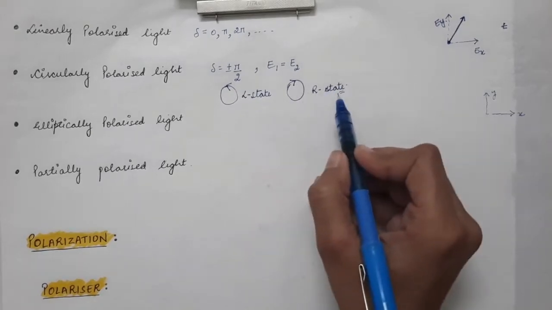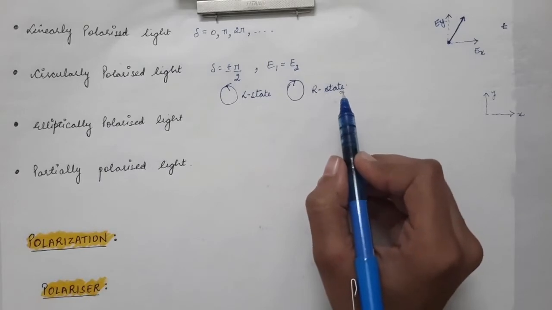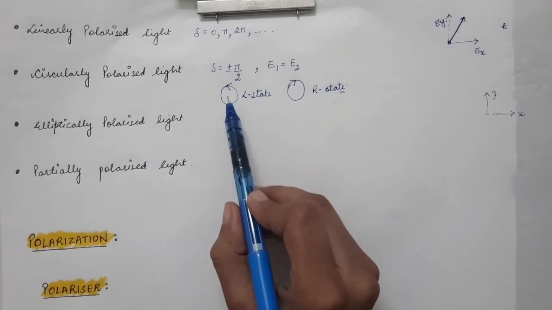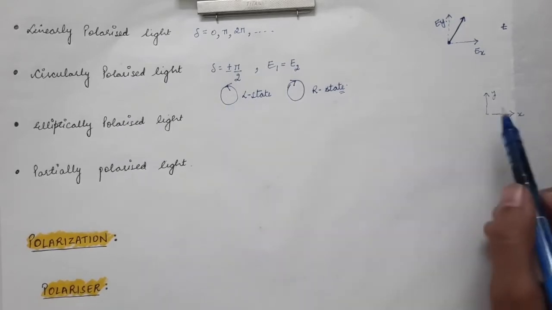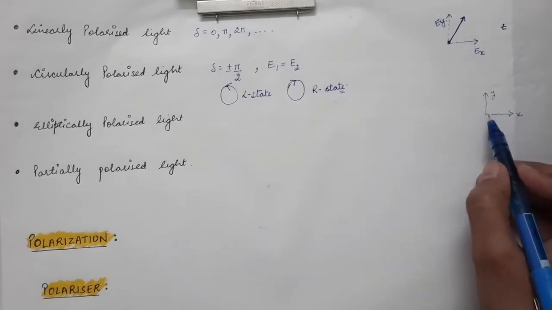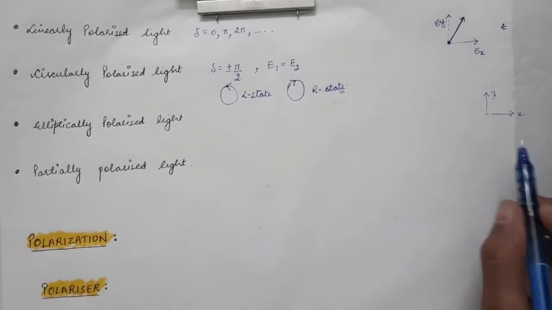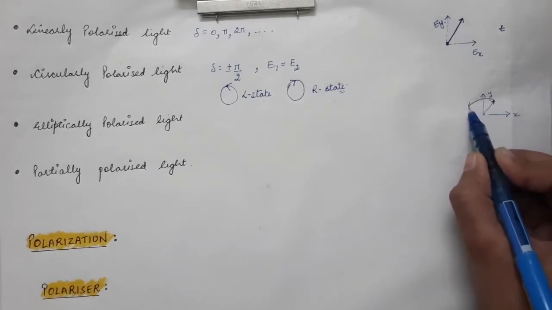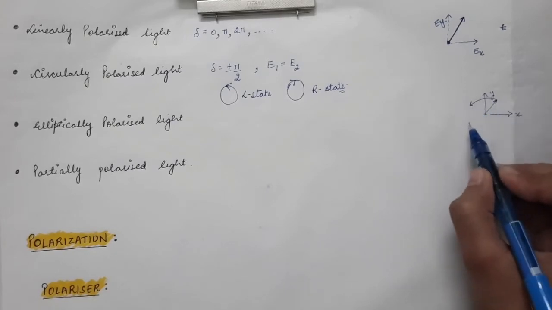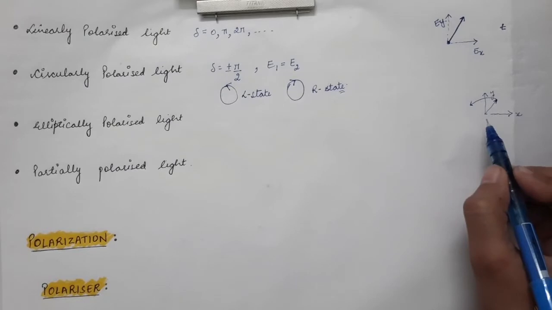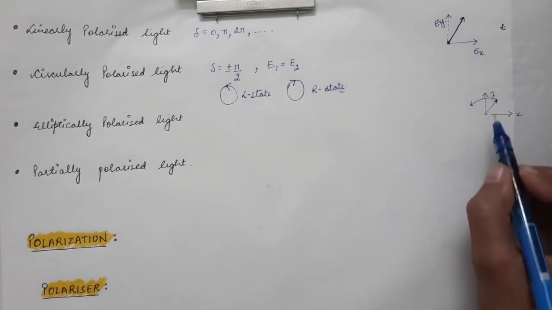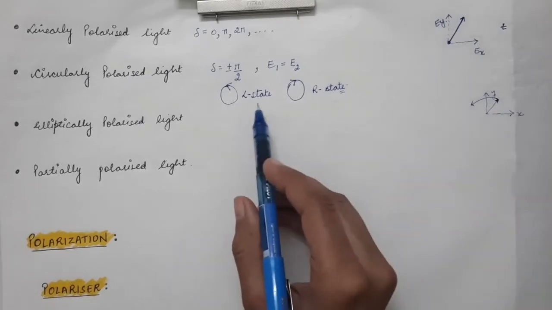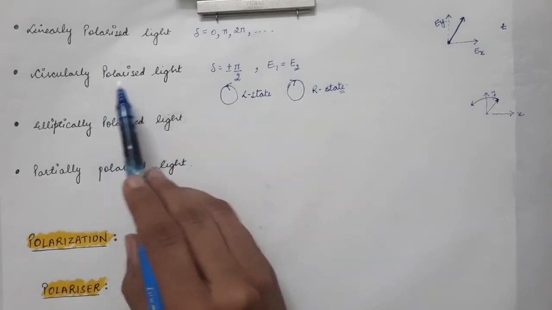Now this L state and R state completely depends upon the point of view. If you are viewing the EM wave from the point of view of a receiver, let's say this is the x-axis, this is the y-axis, and the z-axis will be out of the paper. It will point out of the paper. Then the electric field, let's say it rotates in anti-clockwise direction in this manner. It rotates in anti-clockwise direction, and you are viewing it from the point of view of a receiver. The electric field is rotating in anti-clockwise direction, so you will call it the L state. You will call it left circularly polarized light.